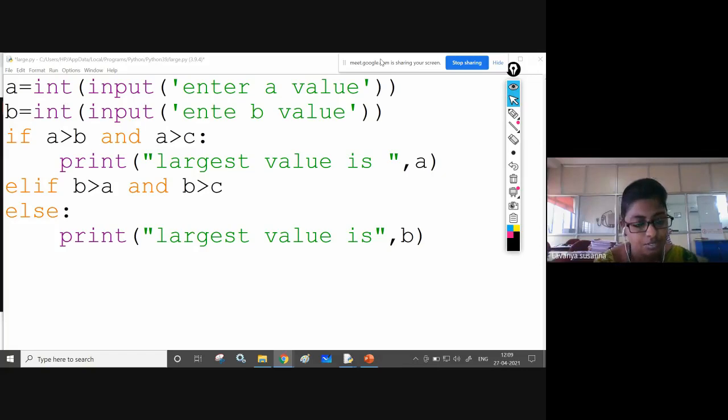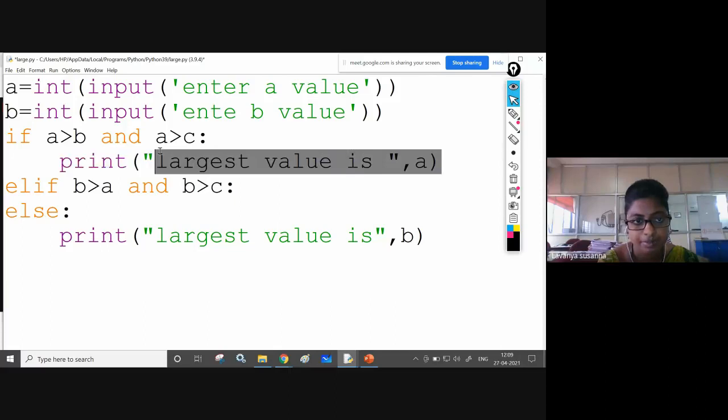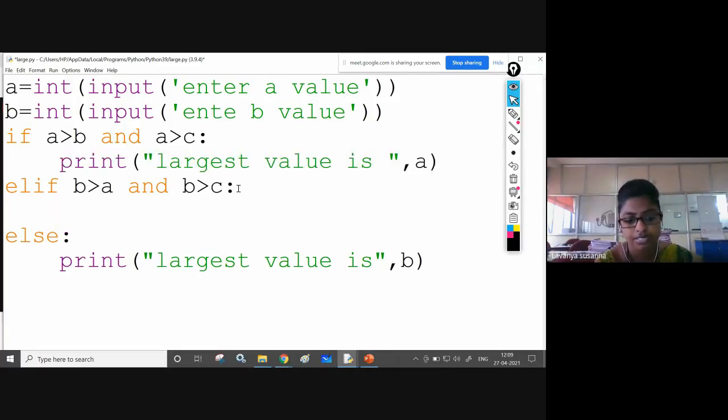For finding the largest of three numbers, I am using the if elif else statement. Okay, colon. You need to give a colon. Largest number is B. You need to give some space.